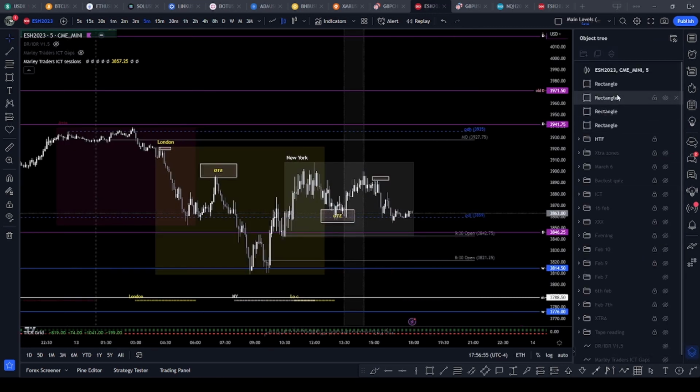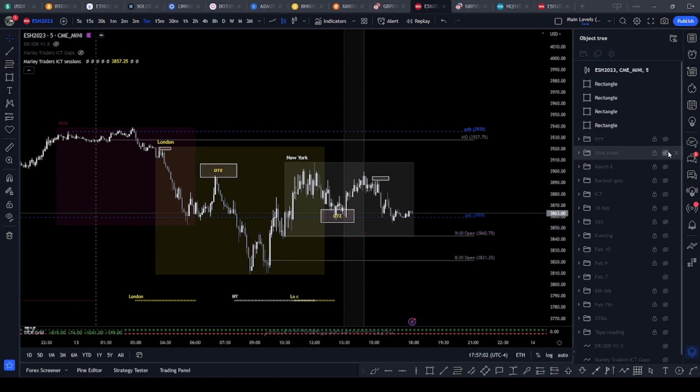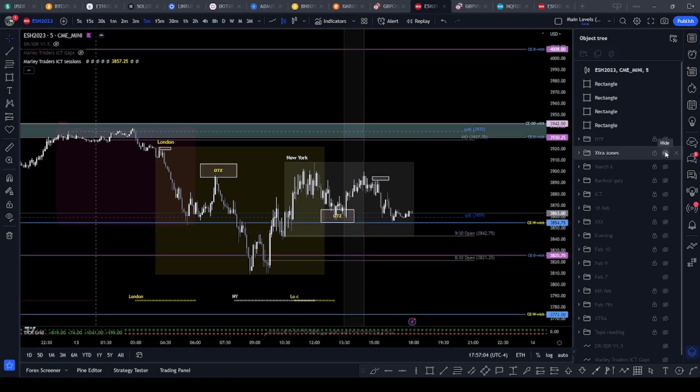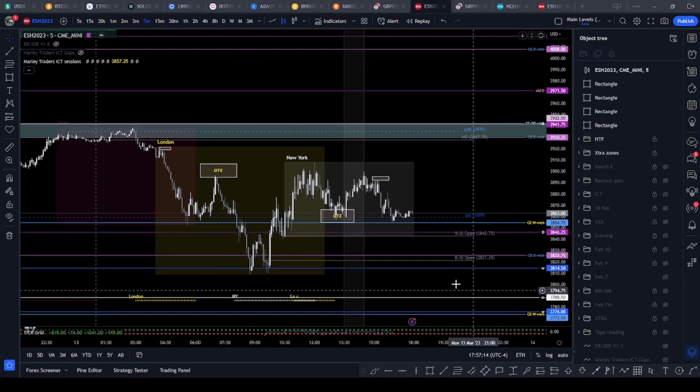So if you look, we always have this level. We have this, you see, we call it higher time frame levels. And then we also have something called extra zones. Like I said, the tutorial for how to take these levels will come in later. And if you look at this extra zone, we have consequent encroachment of